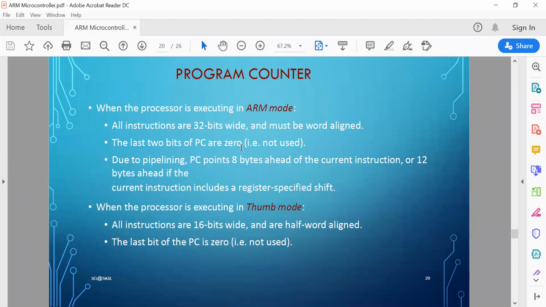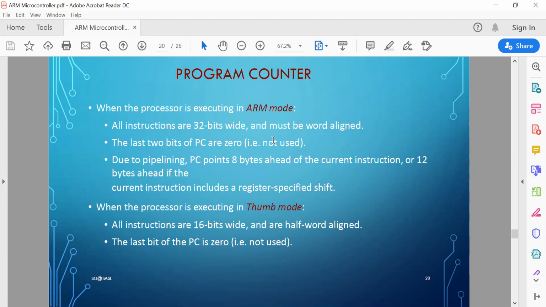So the last two bits of the program counter are actually not used in ARM mode, as they will always be 0. Also, the PC can point 8 bytes ahead or 12, depending on the number of pipelining stages. But there is another mode of execution when you do not need the full power of 32-bit processing.